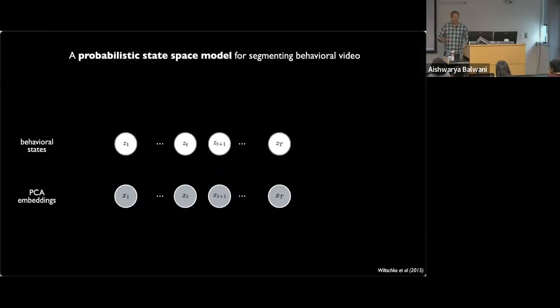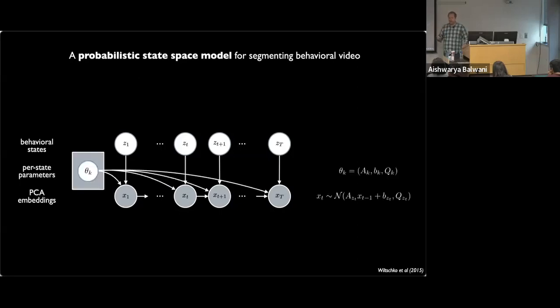To formalize that, like we talked about yesterday, let's try to write this out in terms of a graphical model. A graphical model, again, has nodes. These correspond to variables. The filled-in nodes are ones that we observe. Unfilled nodes are latent, ones that we wish to infer. And it also has arrows that tell us about the conditional distributions of one variable given its parents. So here, in order to simulate the next position in PCA space, you need to know where you started and what state you're in. Moreover, you need to know the parameters associated with each of those discrete states, because those are the A's and b's that tell you about this vector field. If you knew these 3 things, you could model a trajectory through PCA space.